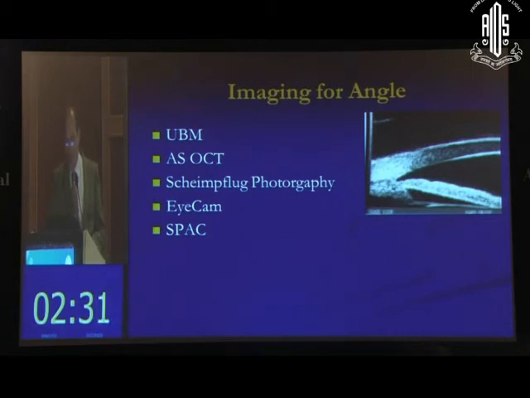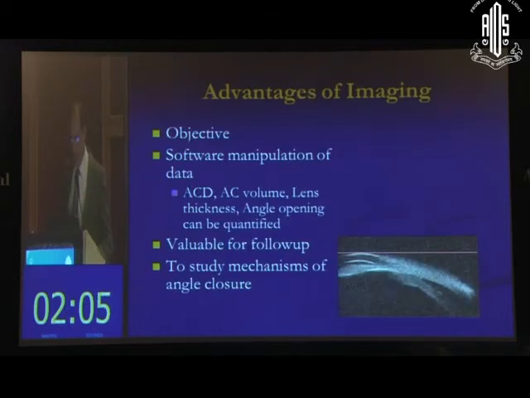So we have anterior segment OCT and Pentacam and ICAM, and there are some other methods which are being used, but all these have the limitation that they don't actually penetrate beyond the iris. So they can give you some idea of the peripheral recess of the angle, the cornea and the anterior surface of the iris, but nothing more than that. But some of them, particularly OCT, because they're non-contact in nature, have some potential to act as a screening tool, but they have not reached that point yet.